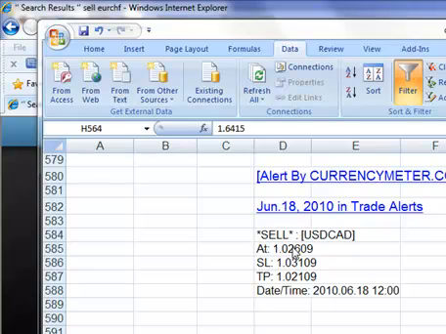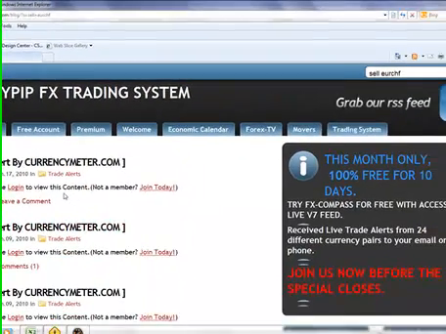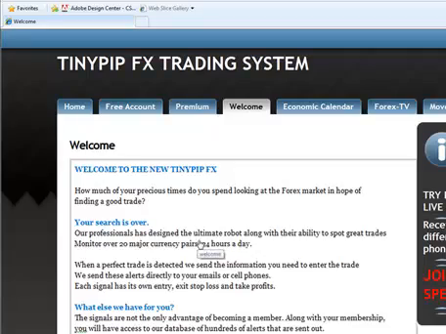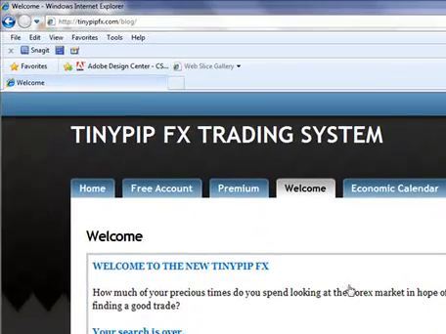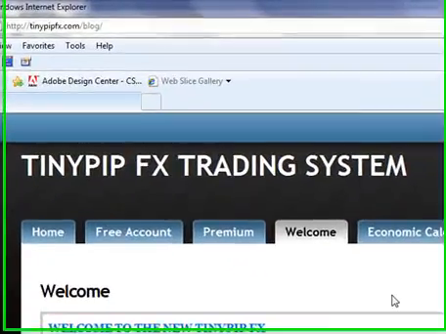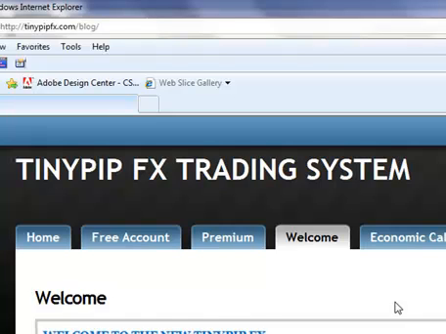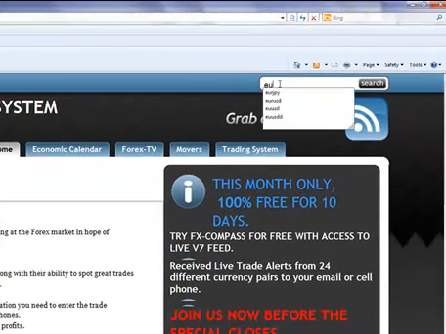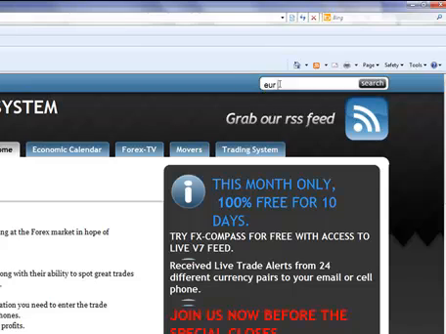Our service provides you not only the alert, but a database of data for you to really go and search to find out what your currency pair is doing. Now, let's quickly go to the website to search for that alert that we would receive. For example, on the 17th, I received an alert to sell Euro CHF. The first thing I will do is come to the website and search Euro CHF